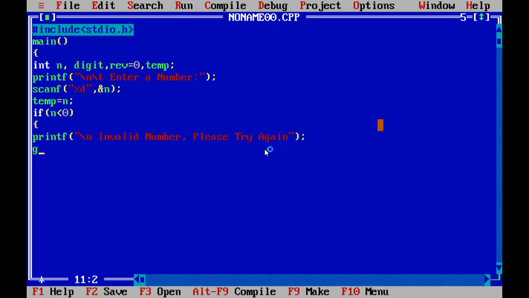getch. Then the while loop is started: while n is greater than 0.